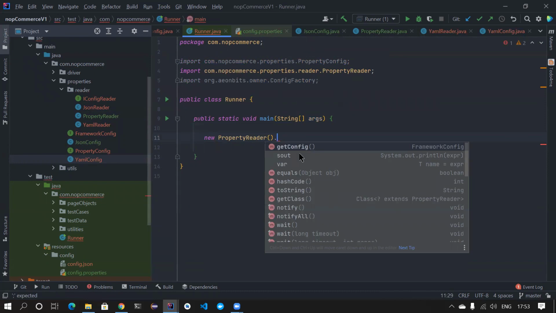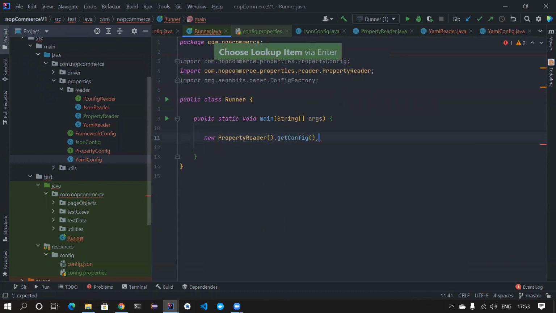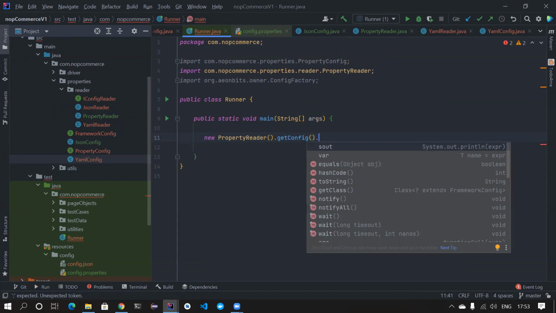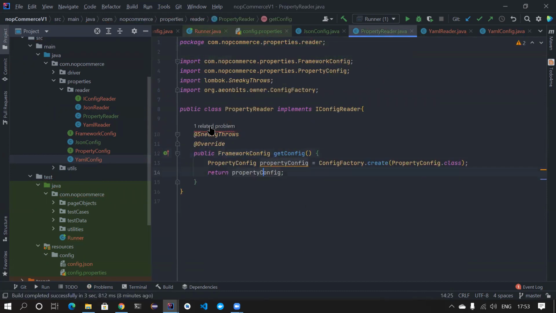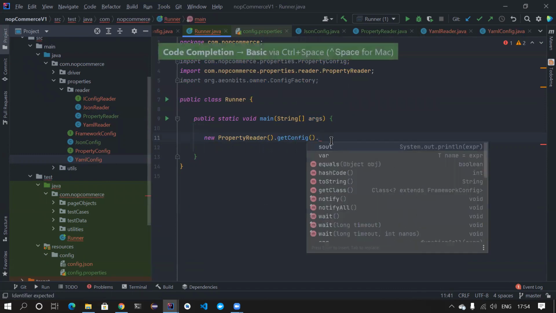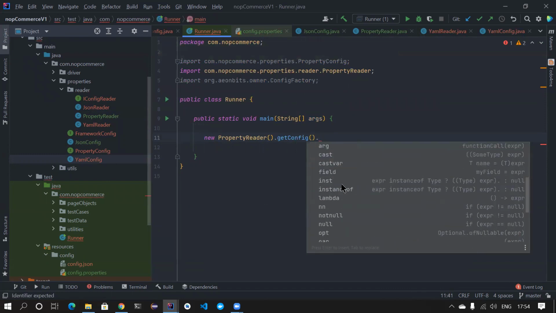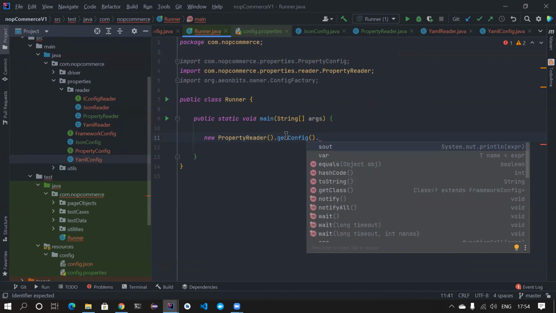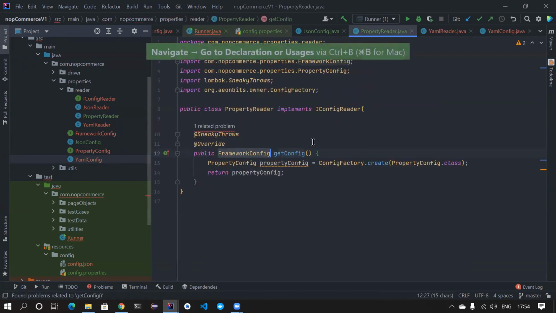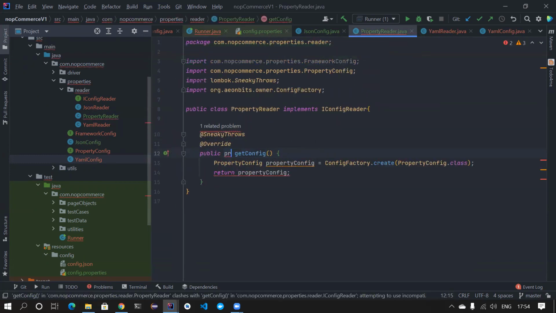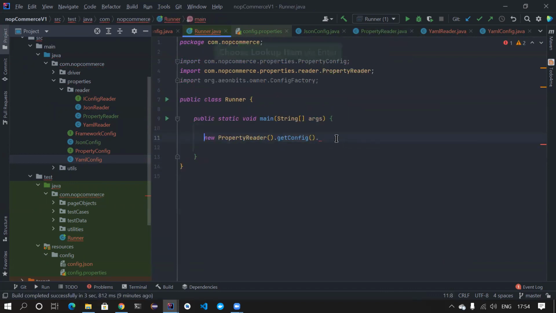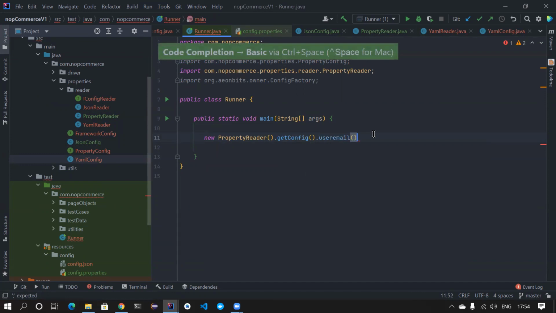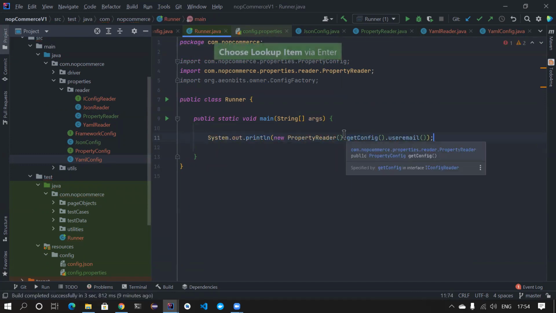You have to use it like this, dot get config dot, let's go here. This get config should basically get property. So user email. Yeah, good.